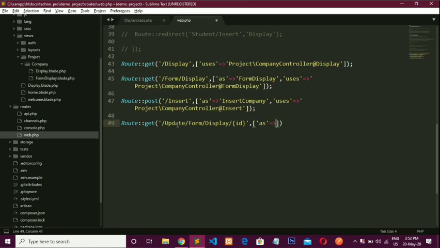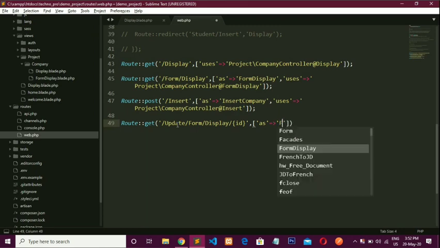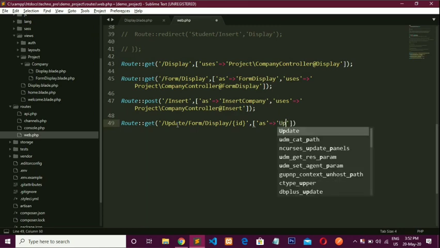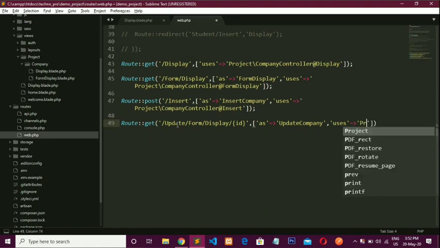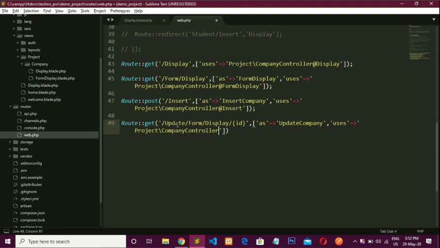The name is update company, and the second parameter is uses, which uses the company controller: project backslash company controller, at the method name, which is also update company. So here the route is defined.